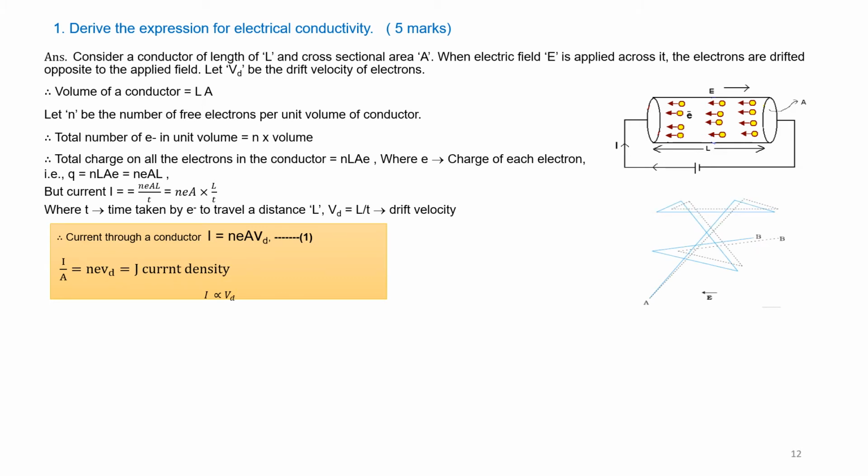Please see this figure. Here the drift velocity is shown, along with the collision of electrons. Electrons move from A to B in this random manner. It goes along the blue line, collides, drifts, and moves like that to point B in the absence of the field. When an external field is applied, the path taken is shown in the dotted lines. So this is the external field E we have applied, and the electrons, instead of going to B, move to B dash.